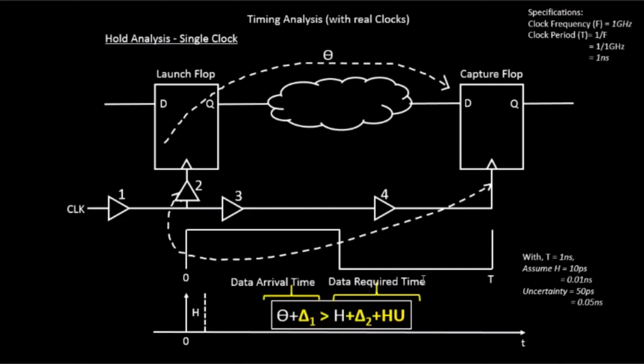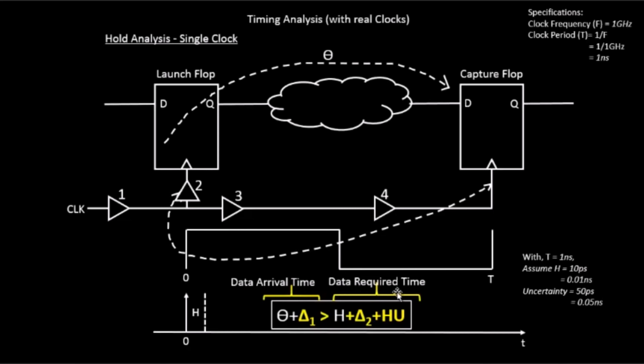Okay, now what we'll do is we'll try to group these equations. The right hand side will again be called data required time, the left hand side will be called data arrival time, and the reasons are pretty obvious. The definition of the data arrival time says that it is the amount of time required for the data to arrive at the D pin, and the data required time is the amount of time that is being given to you as a required data. And the equation says that the data arrival time should be greater than data required time.